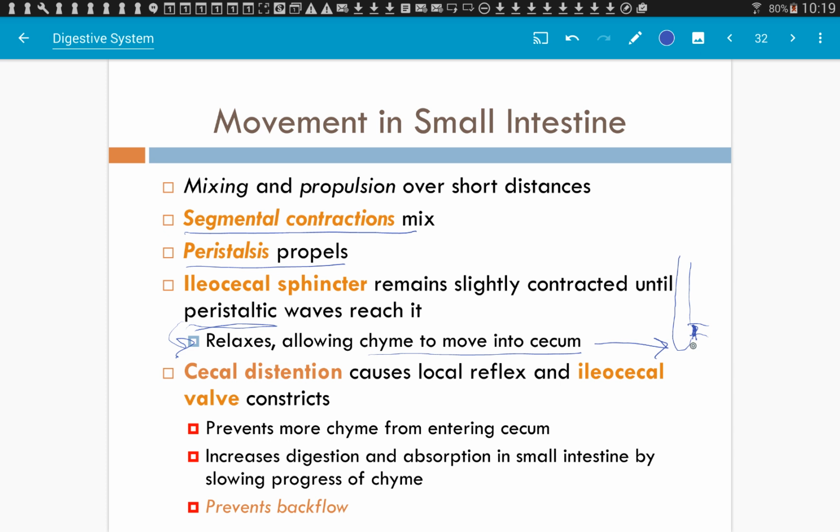Okay, when you have chyme dumping into that little pouch, the cecum, it stretches, just kind of like your stomach stretches. It distends when you're adding stuff to it, and it will cause the local reflex. That reflex tells that ileocecal valve, okay, we got enough. Close up. There's only so much we can handle at once. So then the reflex closes the valve, no more chyme enters into the large intestine until that cecum is emptied. Okay. And then also, what I was talking about before, preventing backflow.